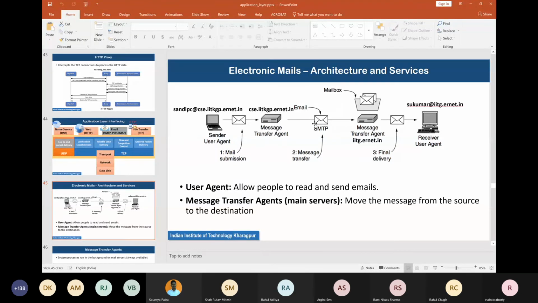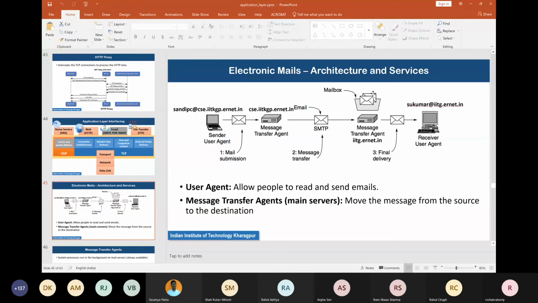The sender user agent proactively sets up a TCP connection initially and then sends it. Similarly, your local message transfer agent or local mail server proactively sets up a TCP connection because it is its urge to send this email to the remote message transfer agent.